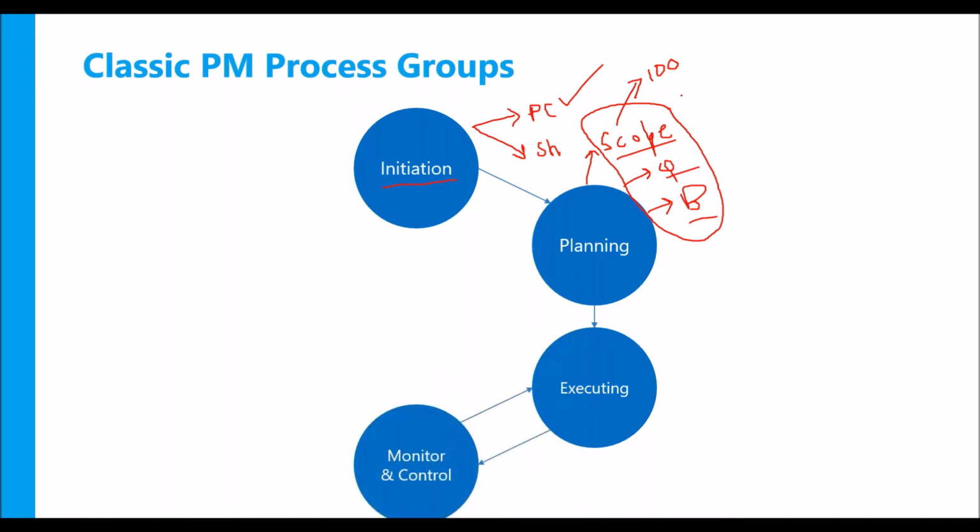Now, execution goes hand in hand with something called monitoring and control, right? So why do we need this? It is pretty straightforward. You're executing a project as per your plan, but you need to monitor whether you are on track with your plan, right? If you have planned for 100 requirements, as I say, you need to check time and again whether you are on track in completing the 100 requirements within the committed timeline. And that's how you use monitor and control.